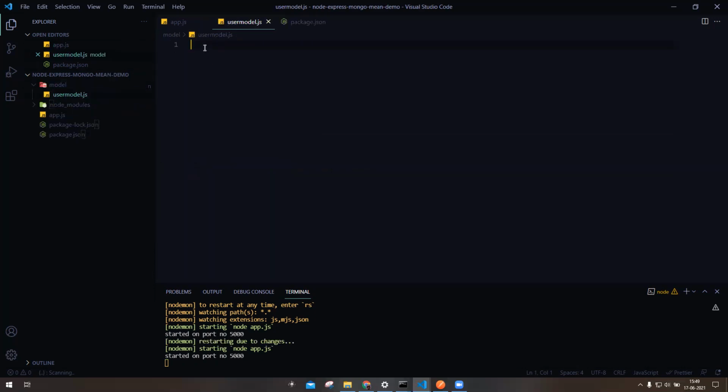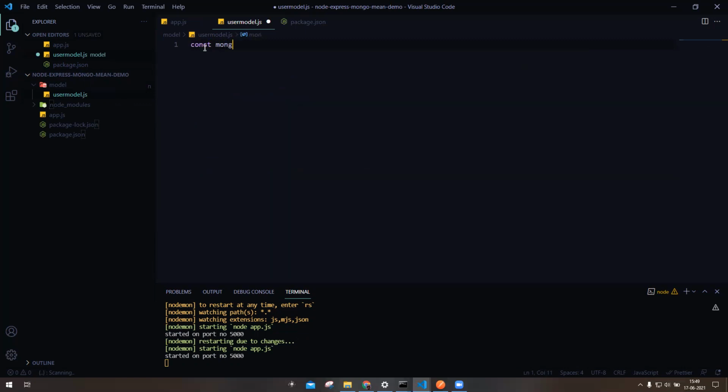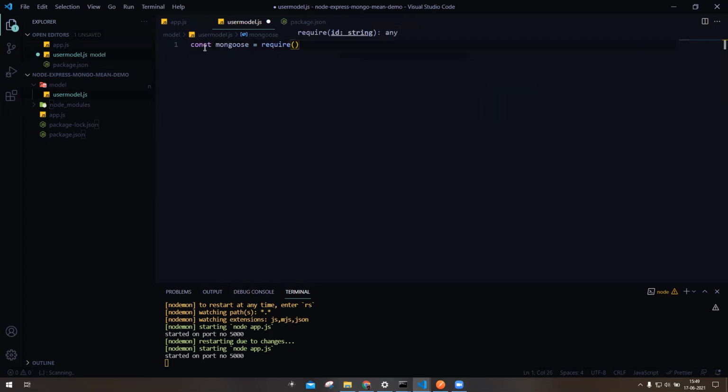Now to create a model, we have to import the package from Mongoose. So we will say const mongoose equals require mongoose.